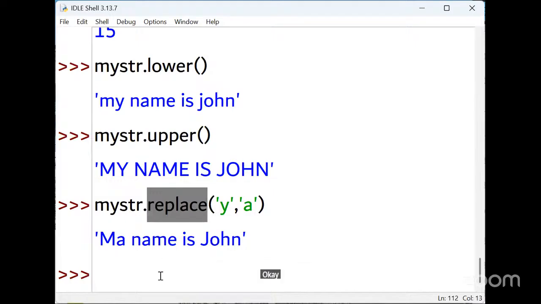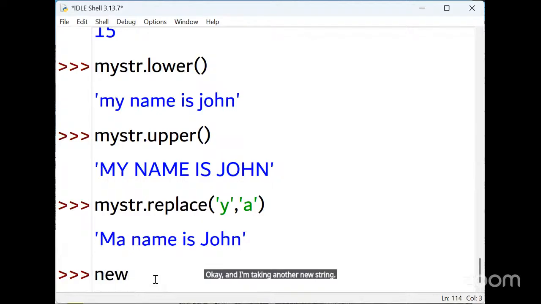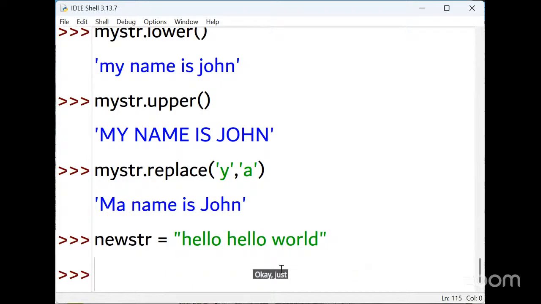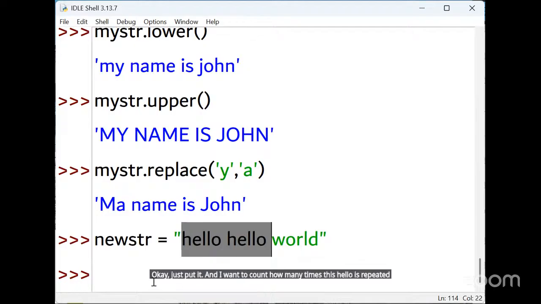Okay. And I'm taking one more new string as input. I'm giving the message "hello world". I'm taking another new string. Okay, just put it. And I want to count how many times this hello is repeated in this text.